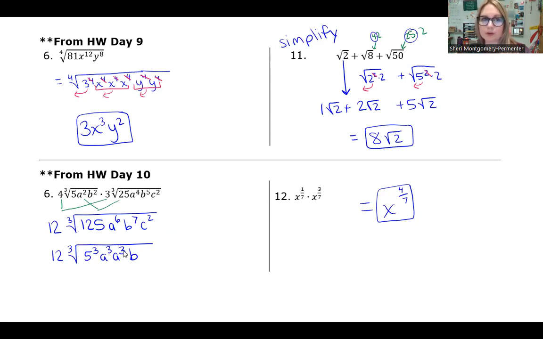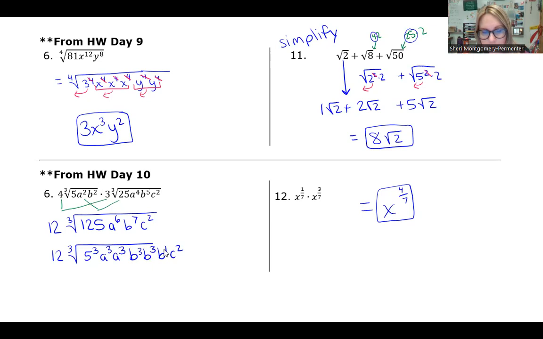So I'm going to have B to the 3rd, B to the 3rd twice, and then I'm going to have B to the what left over? So that's 6, and then I have 1 left over, so it's B to the 1st power. And then C, I can't rewrite it as to the 3rd power, so it just has to stay